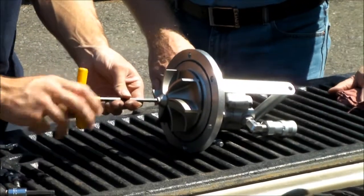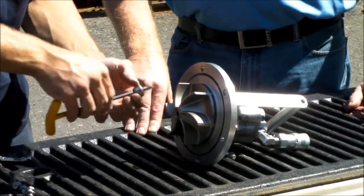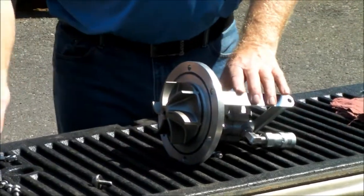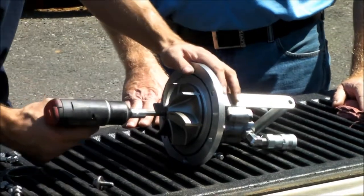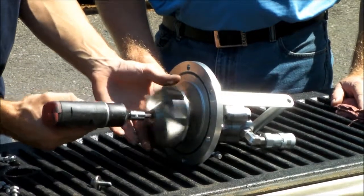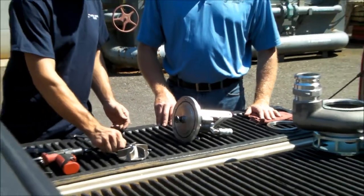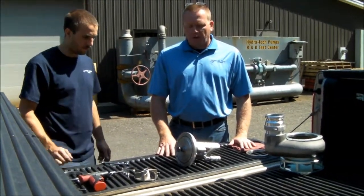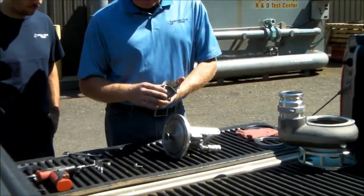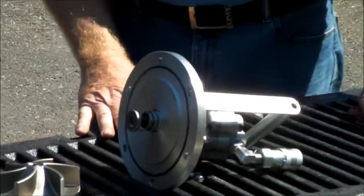The impeller is screwed onto the hydraulic motor shaft and held in place with a cone washer and a nylock inserted socket head cap screw. We'll pull the impeller off. As Jesse just showed you, using an impact gun to jerk the impeller free from the shaft, we have a threaded insert that's pinned in place here, and it allows the impact gun to pull off the impeller. The next part that we have here is a mechanical seal,